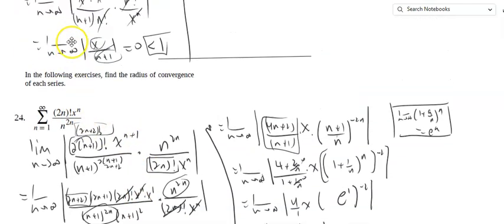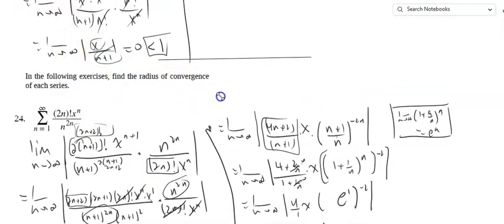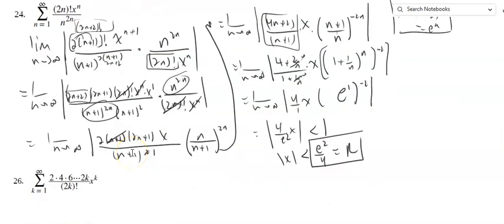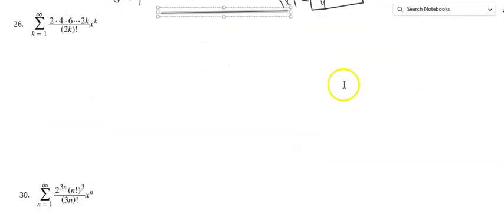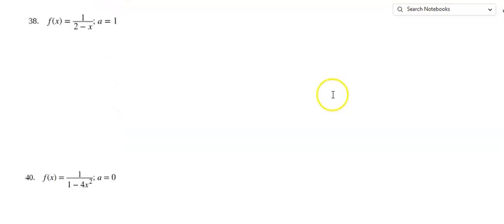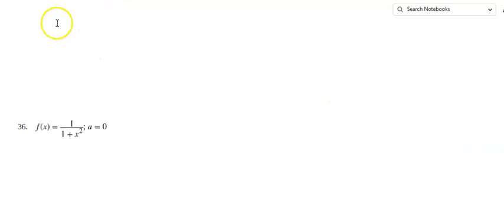Okay, well, I didn't copy the directions. I have them now. Here they are. It says in the following series, find the radius of convergence of each, just the radius. You don't have to worry about the interval of convergence. Let me just check how many more problems we have. 1, 2, 3, 4, 5, 6. Okay, let me make another video so I do